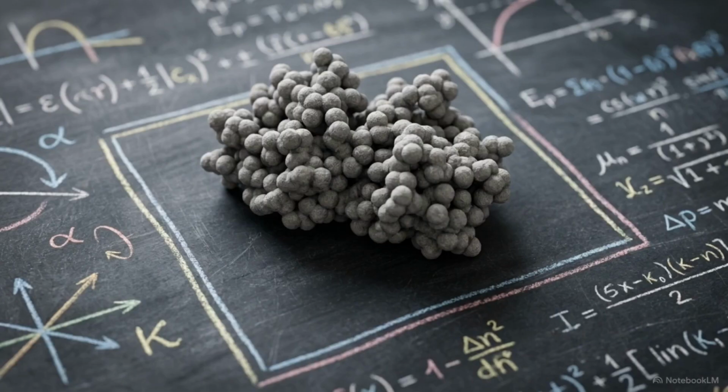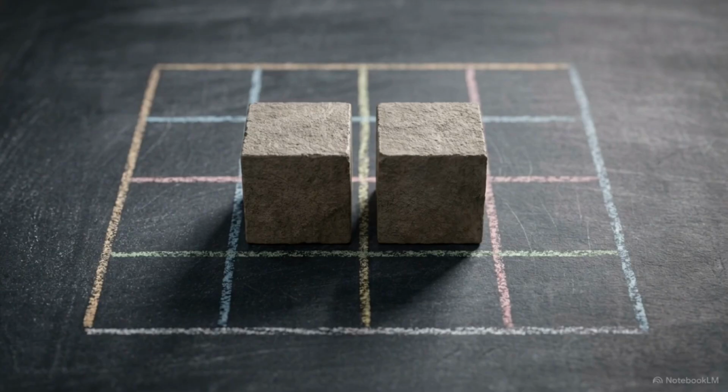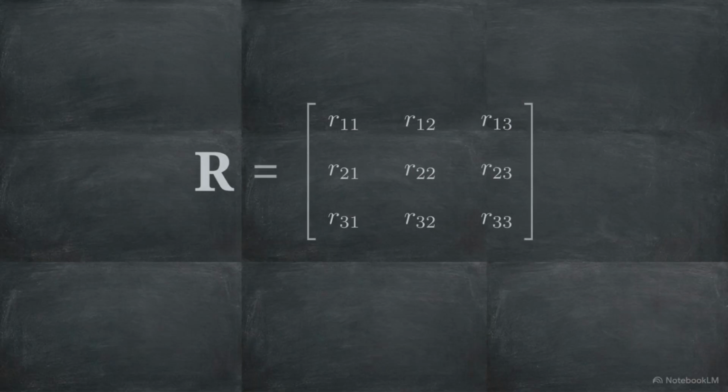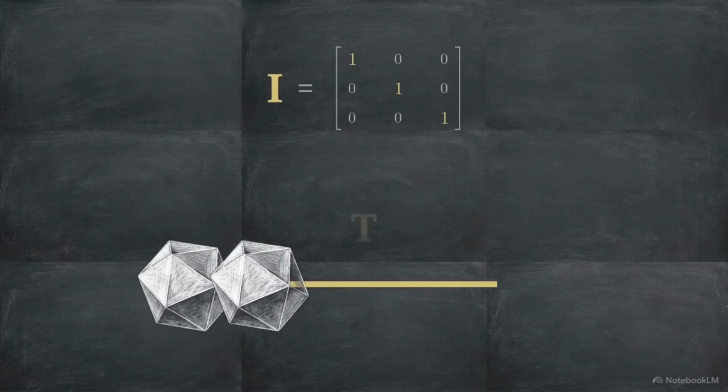Calculating this directly requires a structural model. Without one, we rely on the specific geometric signatures these operations leave behind, directly within the raw, unphased intensity data. The most direct geometric signature occurs when rotation is negligible. The rotation matrix approaches the identity operator, meaning the spatial relationship between the copies is driven almost entirely by the